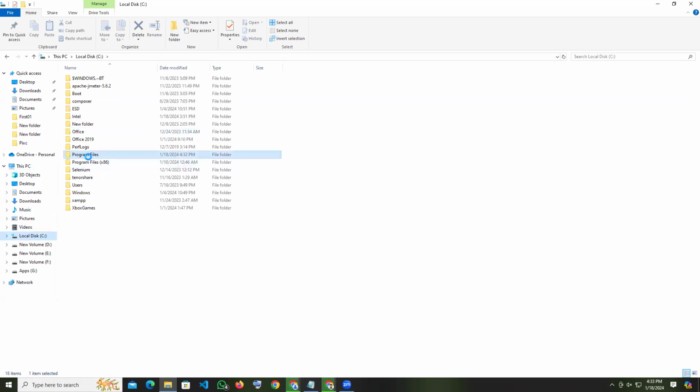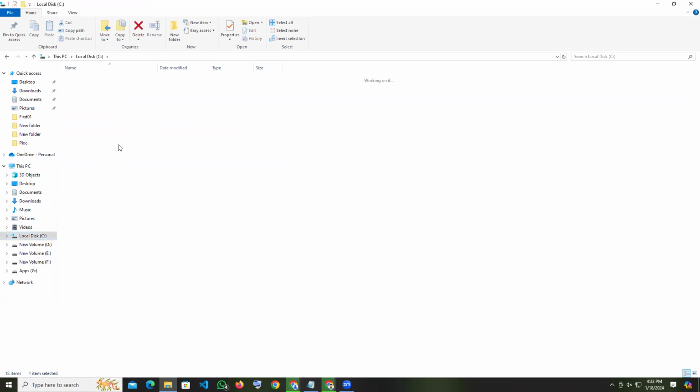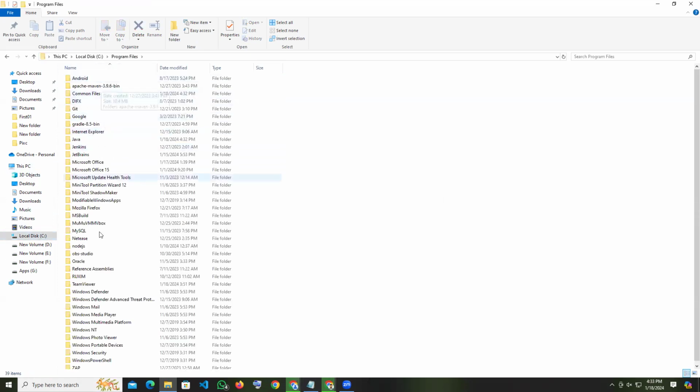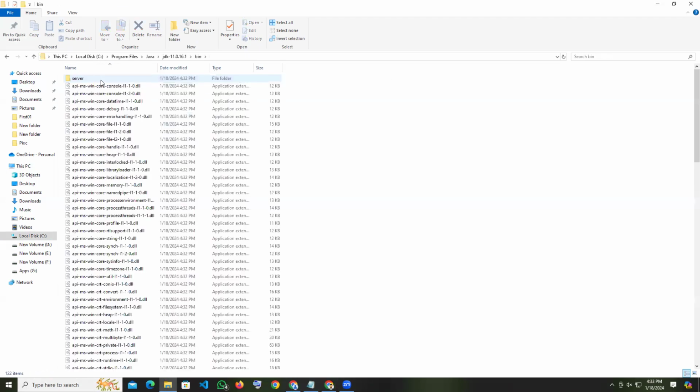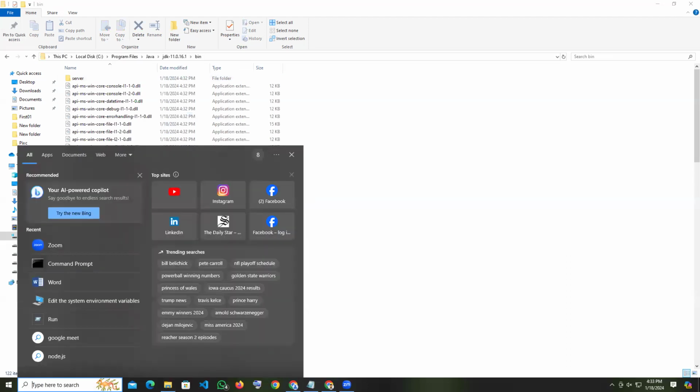then go to Program Files. Then you have to search for the Java folder. This is the Java folder. This is the JDK version. Go to the bin folder. Then you have to click it. Then copy this, Ctrl C, and go to the